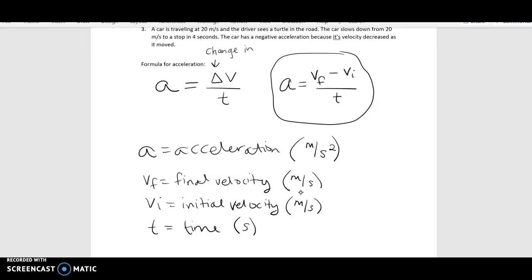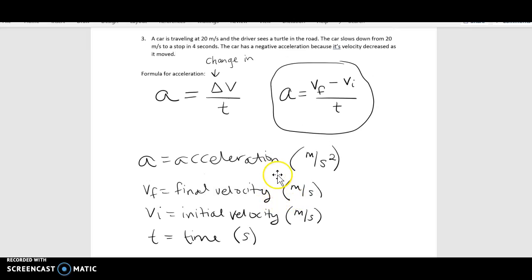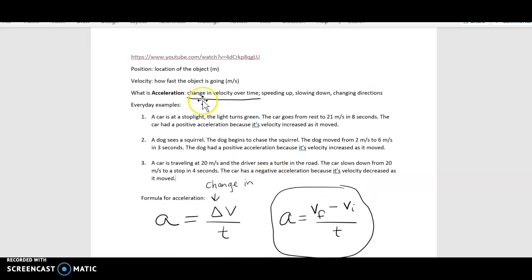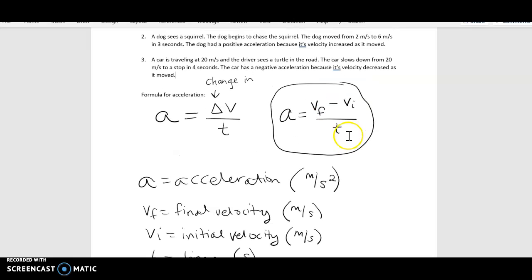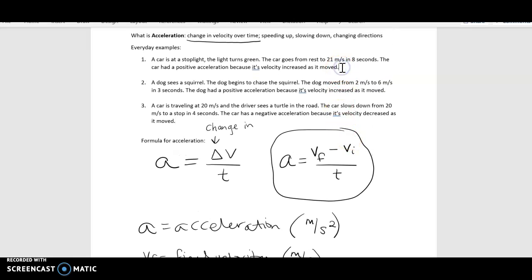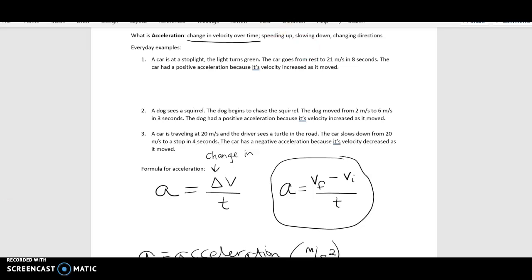We'll do more formula work tomorrow. What's today? This is Friday, so Monday with all this, but I just wanted to give you an idea of what acceleration is. You've now seen the formula, and so we'll be doing formula work and word problems with all of this on Monday. Now, if I go back to this first question and work it out,